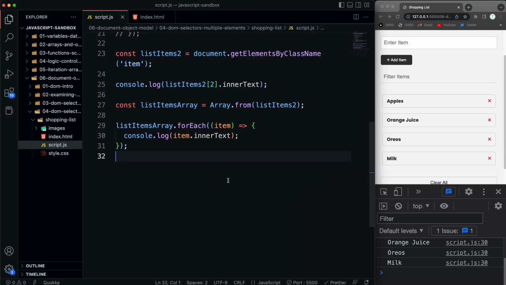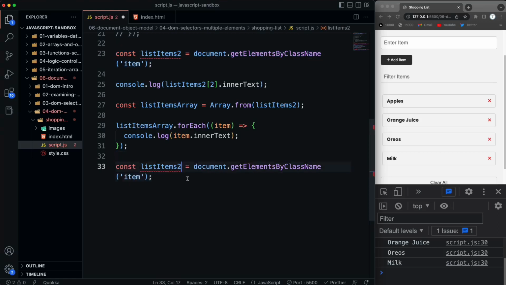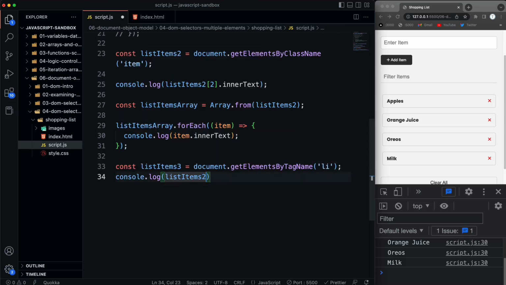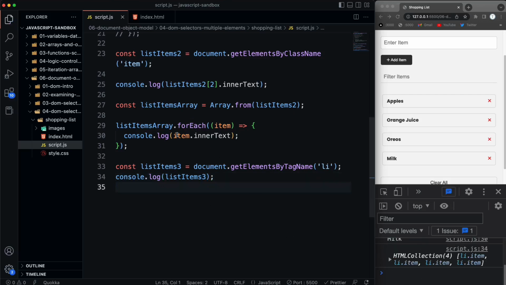Then the last one I want to show you is similar to this, but it's called get elements by tag name. So I'll call this one list item 3, and let's say get elements by tag name, and then you would put in the tag like li, list item. So if I console log list items 3, again, it's an HTML collection. So if you wanted to use a for each, you would have to first turn it into an array. But you can access specific things, like let's say we wanted the first item, that gives us the first item. If we want to get the inner